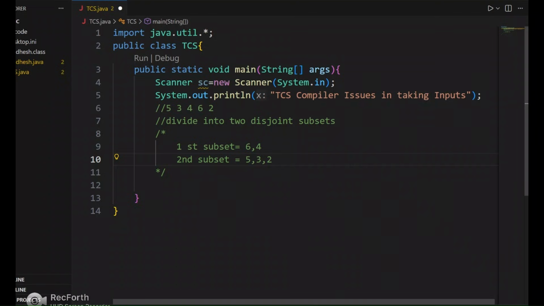Friends, I want to clear one thing here. When I am referring to subsets, it is not subarrays, okay? Subarrays are different. Subarrays are nothing but the contiguous elements of an array, right? So if I talk about subarrays, then it will be 5, 3, 4, and the second subarray will be 6, 2. Here we are referring to subsets, so we can pick any element in any order from this